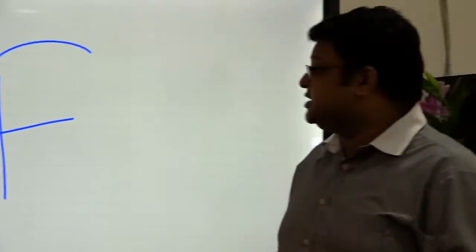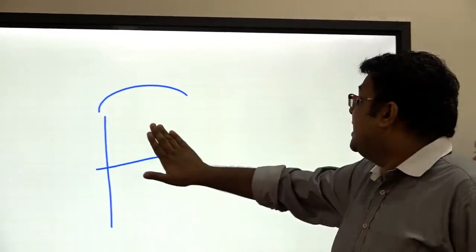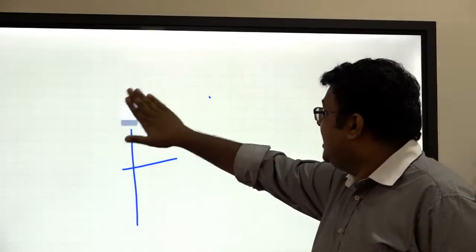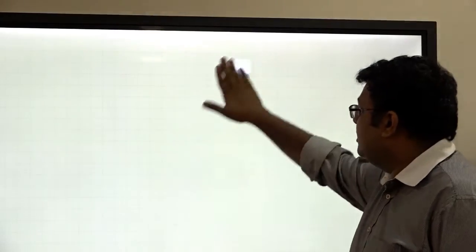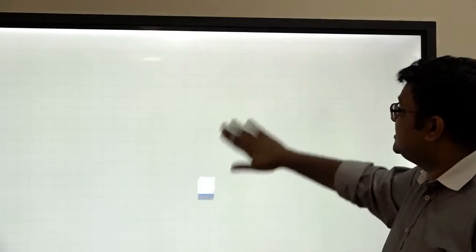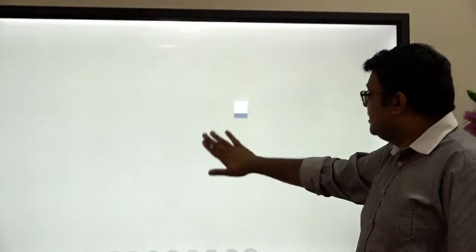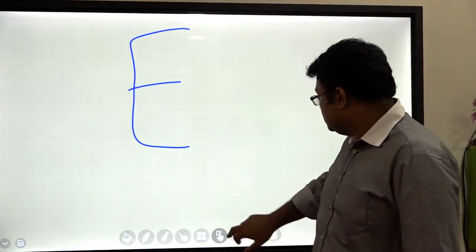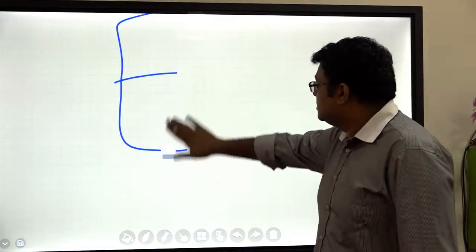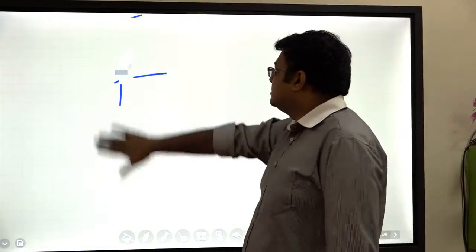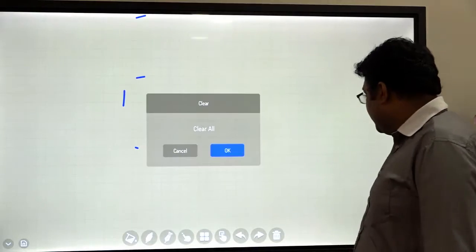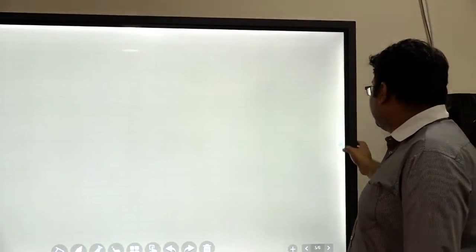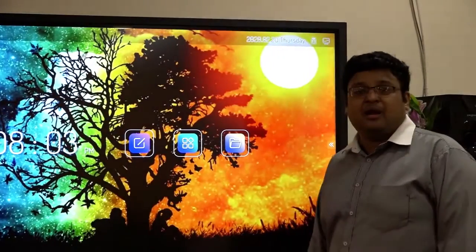And how to rub, this is very important. Just keep your hand like this. The eraser will be shown. As you can see, the eraser is showing, and you can rub the things accordingly. This eraser is just following my hand. You can rub the things like that. Rub it like this, as simple as that. If you want to clear it out, directly clear it out. So this was the S Write option that we have.